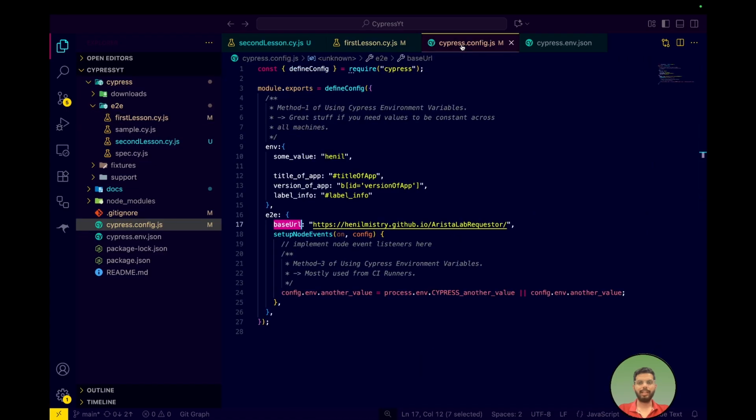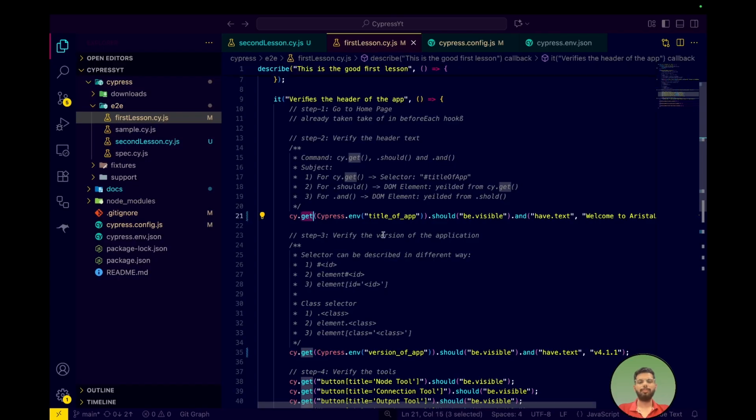So that we can declare using the Cypress environment variable over here like this, because that value is not going to change wherever we run this code, from whichever machine we run, from whichever environment, dev environment, prod environment, or wherever we are deploying this, the title of app will not be changed. But let's say while developing or